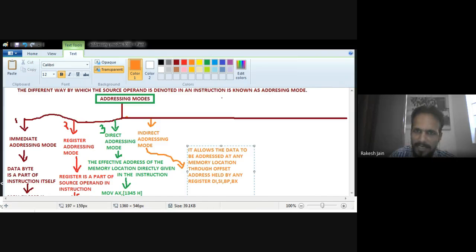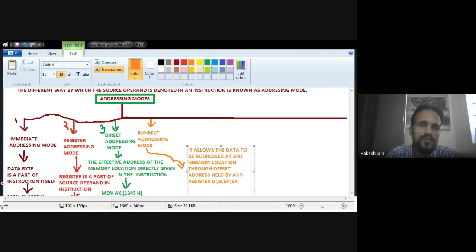So BX holds the data. Now the memory location of that register BX is 2375. Now I want to talk about that data 1345 via the address 2375 with the help of the register BX, that is BH and BL.